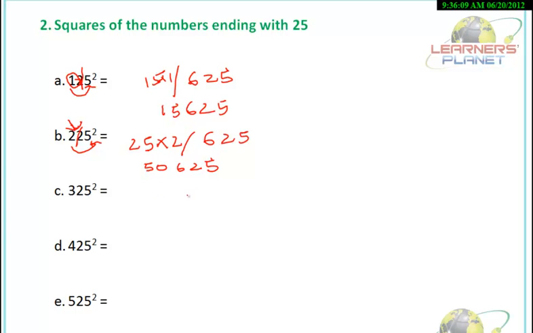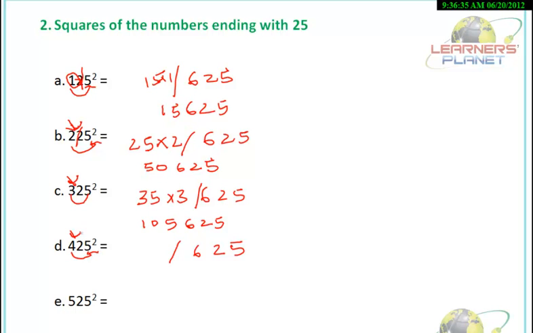Similarly, 325 square, just write 625 as it is, then 35 3s are 35 into 3, that is 105, 625. Okay. Similarly, in this example, 425 square, it is 625 and then